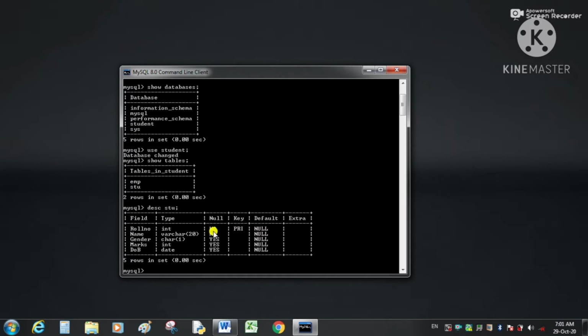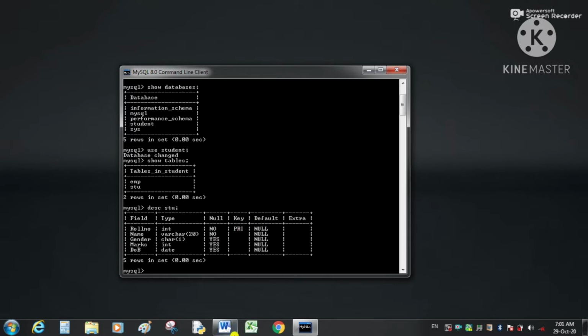Again, on the name field we cannot enter a null value because of not null, and we have not used name, gender, marks and date of birth as our primary key. So the only primary key is our roll number.